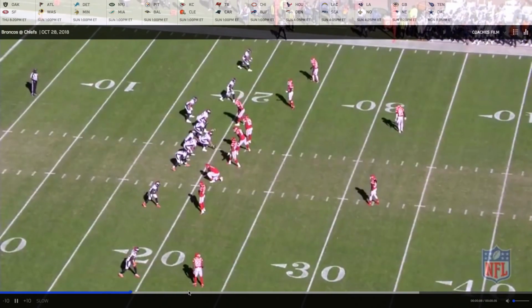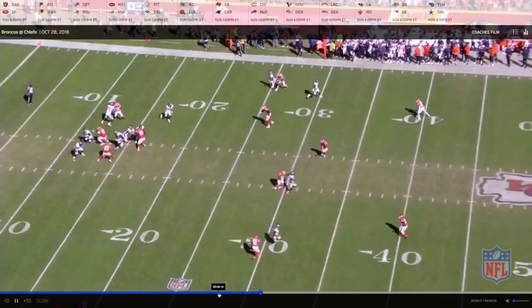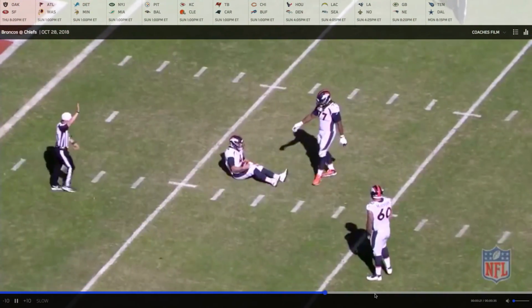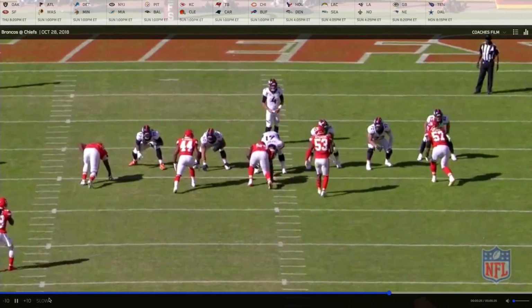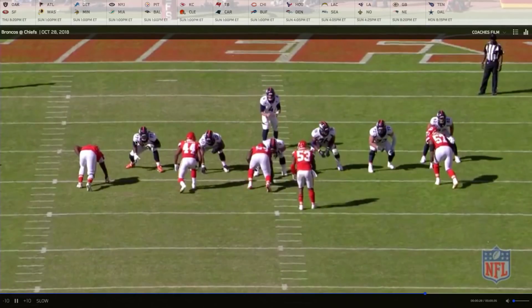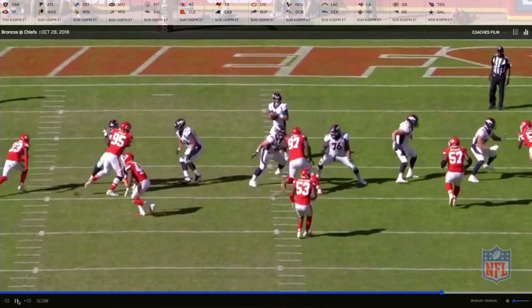Sack coming, probably on our boy Billy's side. Actually not. Let's see who gets beat here. Yeah, unfortunately, Billy gets beat again. You know, it's sad. I mean, this inside move gets Billy somehow. I mean, him and